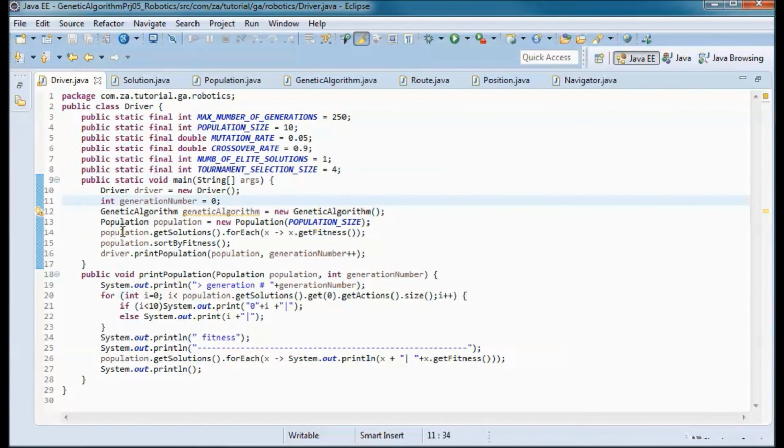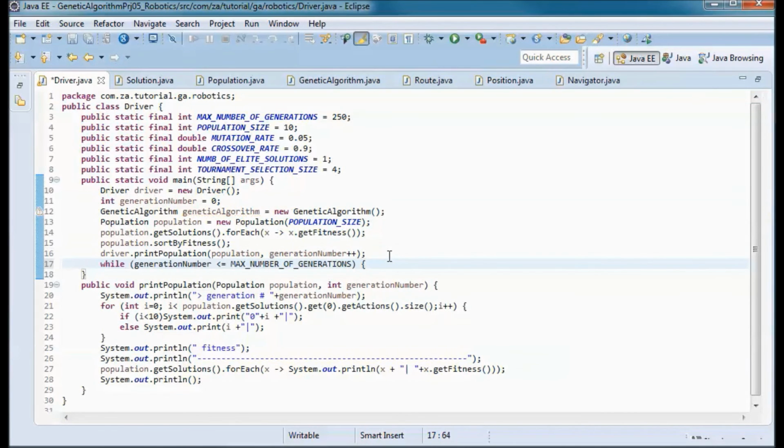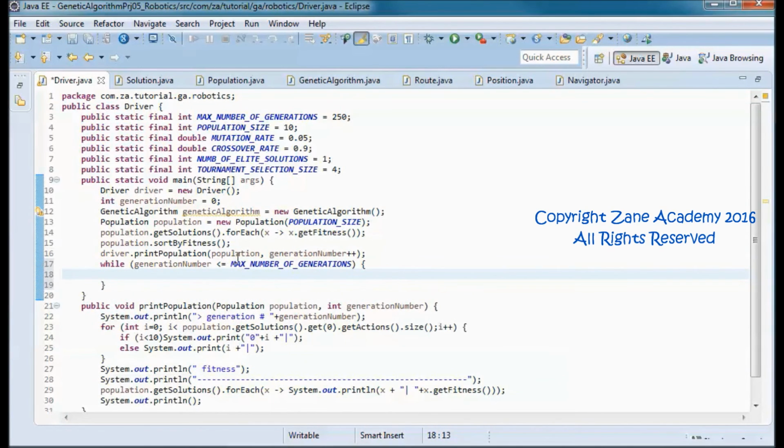Next, let's go ahead and evolve the population. So I'll have a while loop while we're smaller or equal to the max number of generations, which we defined here to be 250 generations.